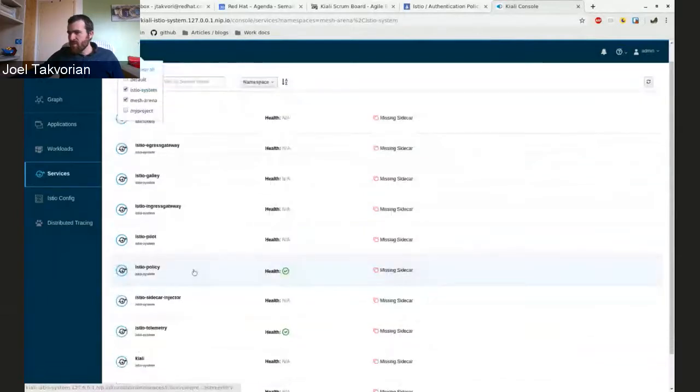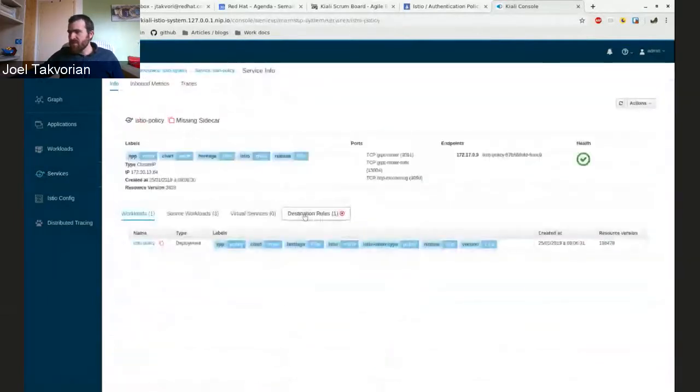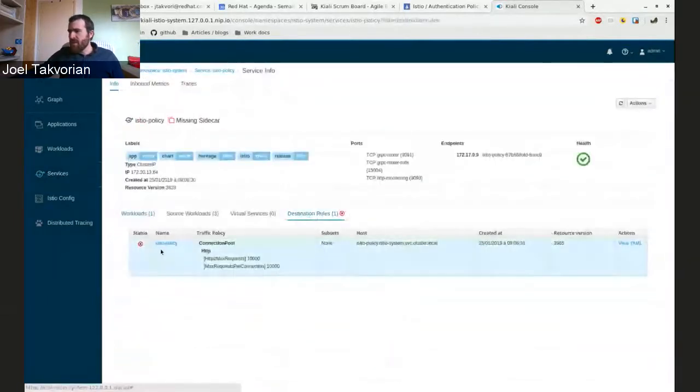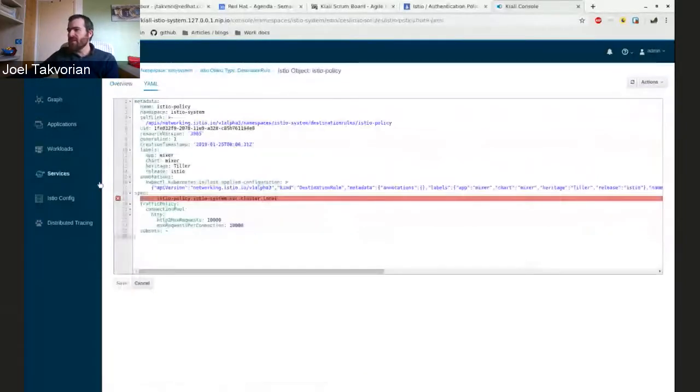So I don't remember, maybe Istio policy as a destination rule, and here in the destination rule and virtual services, when we clicked here or here in the view YAML, we were opening a component with the YAML, etc. But it was within the same under the service view, and now it's